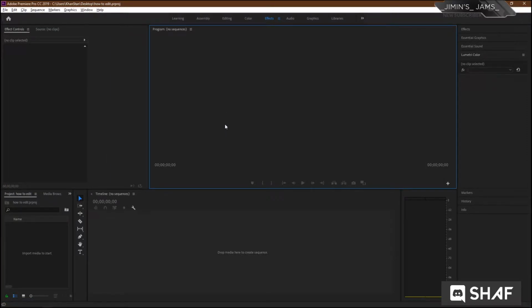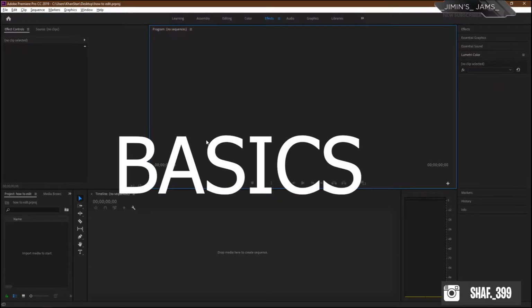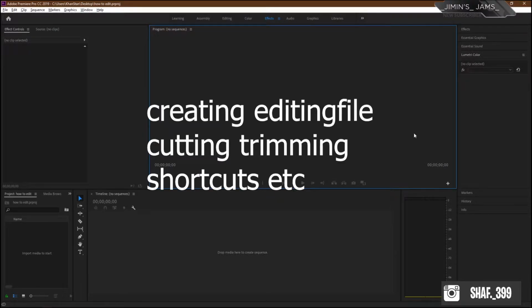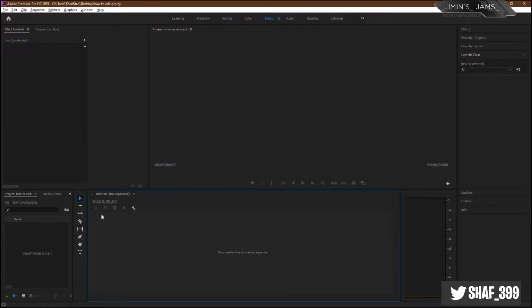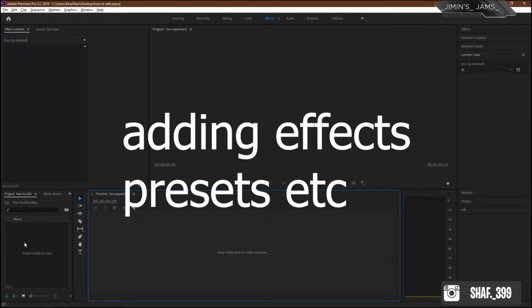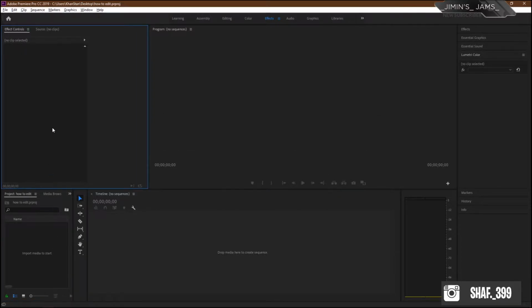I was saying that I will cut this video into 4 parts. The first part will include the basics, which I just showed you: creating a file, adding a sequence, adding clips, cutting the clips, pasting the clips, and some minimal basics, which will be enough for editing a video. And the second part includes adding effects to the video, like adding transitions and effects, something like that.